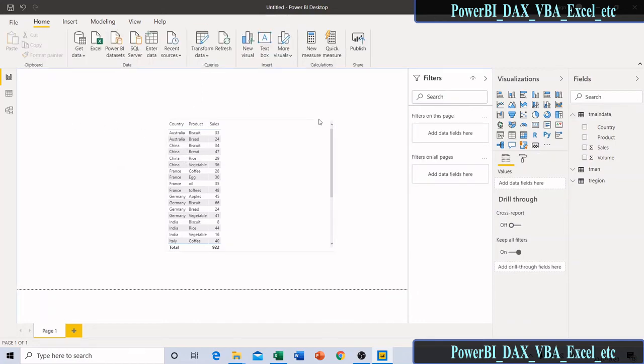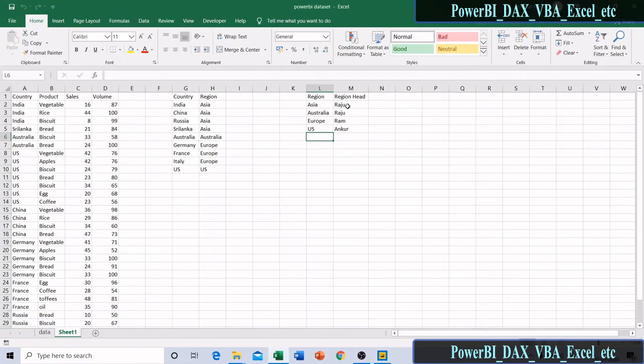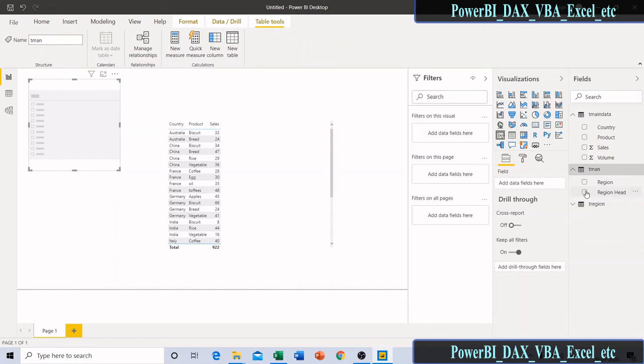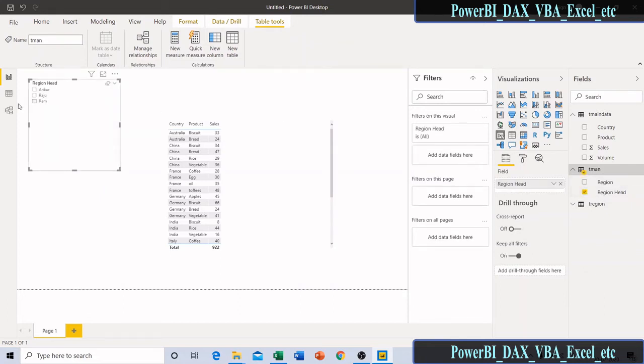And here I am applying a slicer. What I want is to look at the sales based on my region heads. So I am applying a filter here. From this manager table, all the region heads are present. Now I am clicking on one manager.